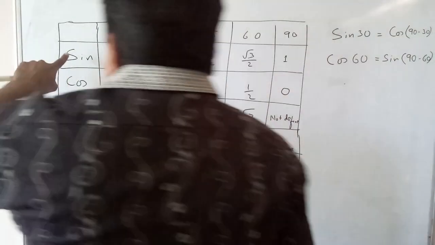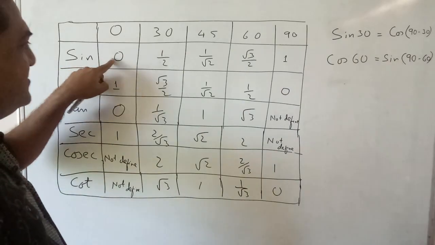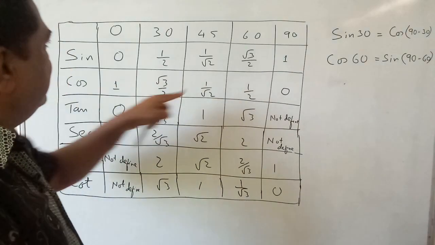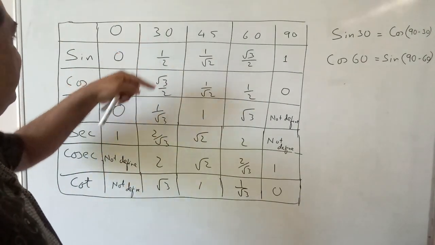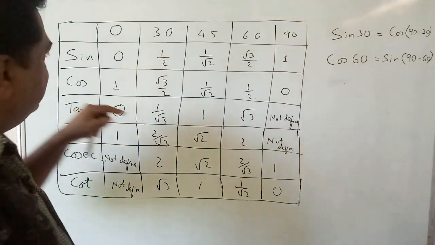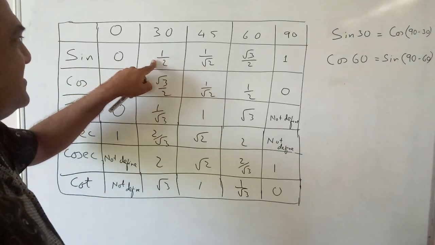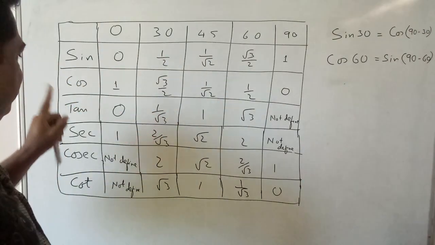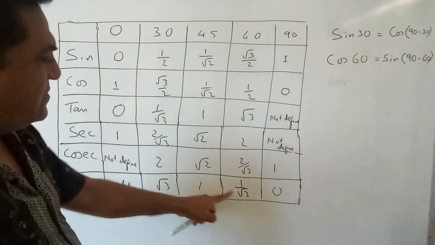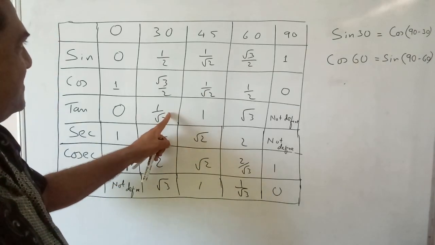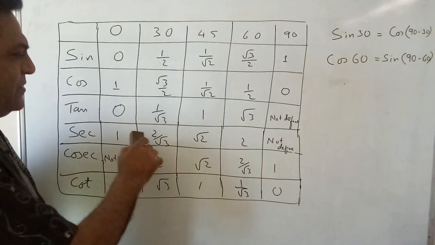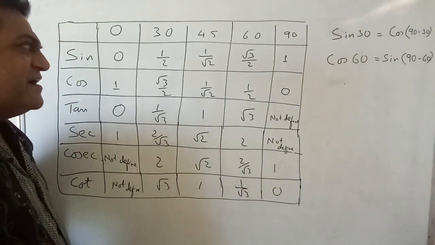See, we can convert sine into cos. Sine 0 is equal to cos 0. Sine 30 is equal to cos 60. What are we doing? We are finding the complementary angle. Sine 30, the complement of 30 is 60, that is cos 60. If you take the complementary of this angle, you can convert it into cos. In the same way tan 30 is equal to cot 60. So you can convert this tan 30 into cot 60. How? By finding the complementary angle.